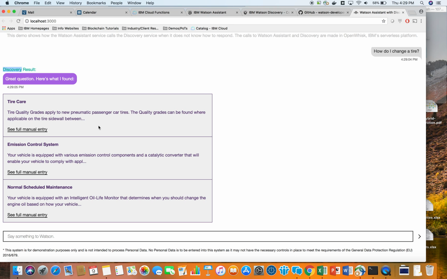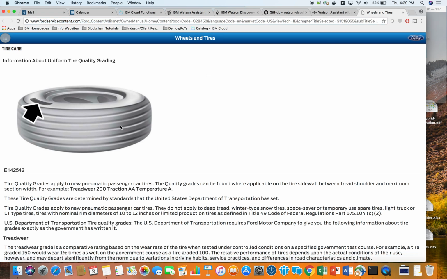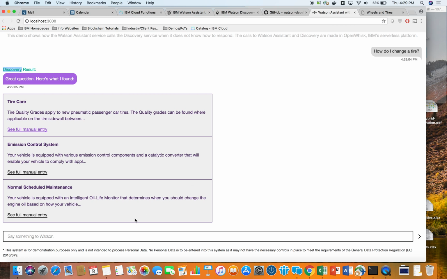It gives you a couple options just in case the top one isn't right. Tire care, okay, and then you can click in full manual entry. And actually, this one will send you right to the Ford website and tell you about how you do that. So back in here,